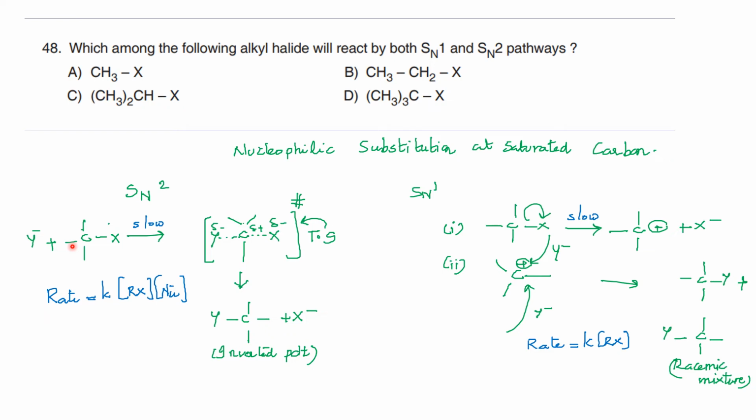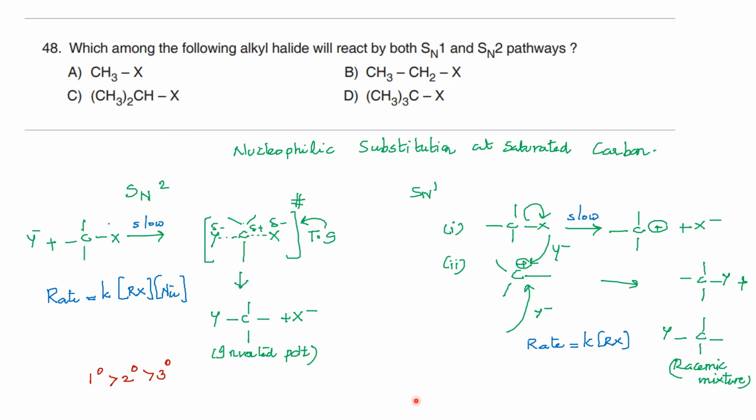Therefore, when you look at different alkyl halides possible, that is primary, secondary and tertiary, the order of reactivity for SN2 reaction is as primary greater than secondary greater than tertiary, because primary has the least steric effect, followed by secondary, followed by